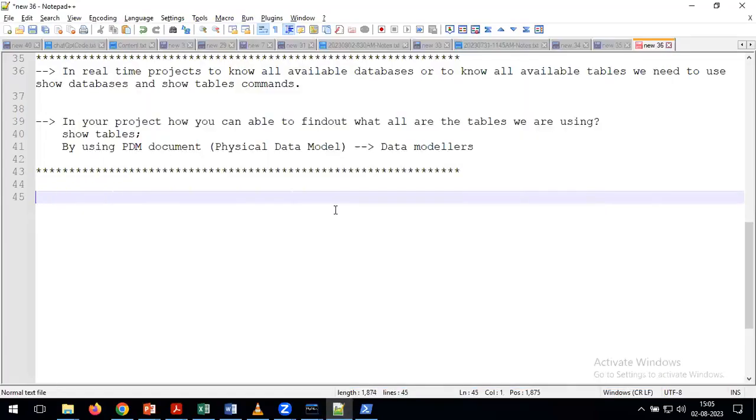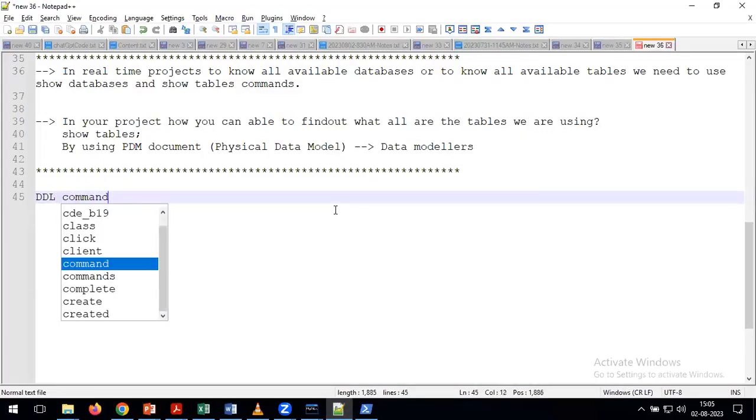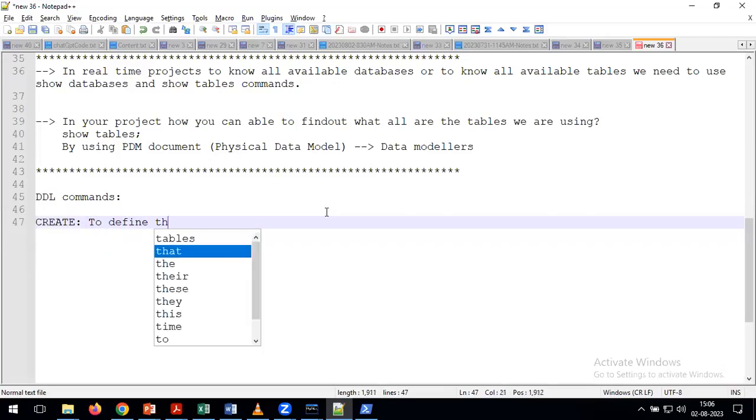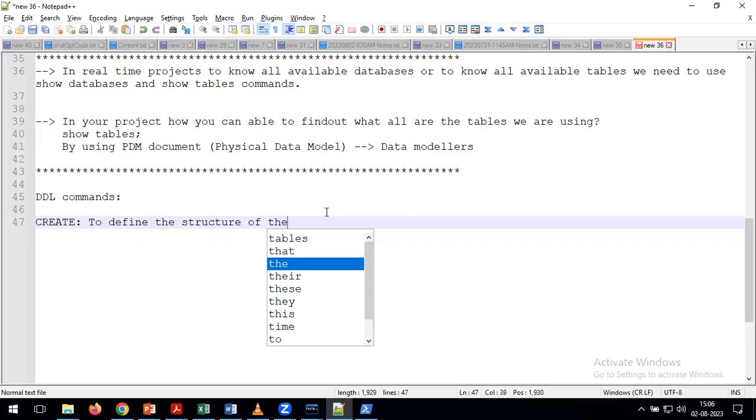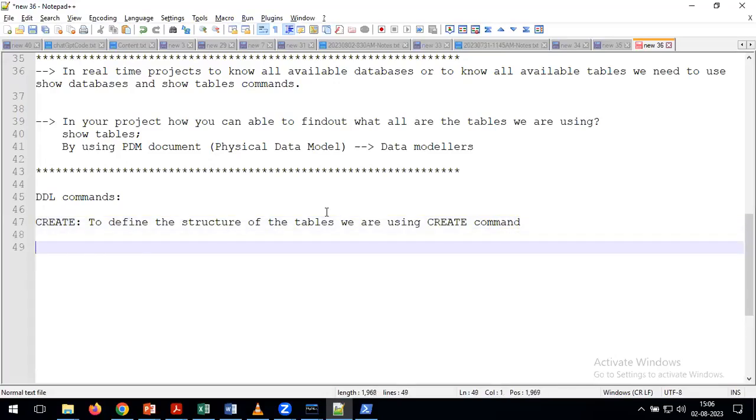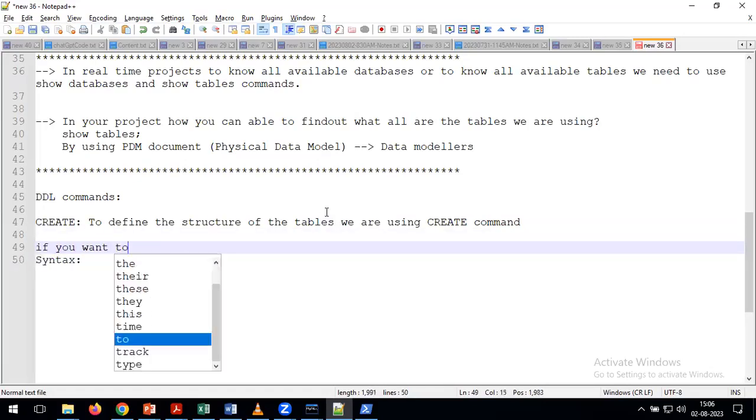Okay. Now we'll try to understand our DDL commands. What is the first command we have in the DDL commands? Create. What is the purpose of the create command? To define the structure of the tables. We are using the create command. We'll see what the syntax is to create the tables, but first we'll try to understand something. If you want to create the tables,